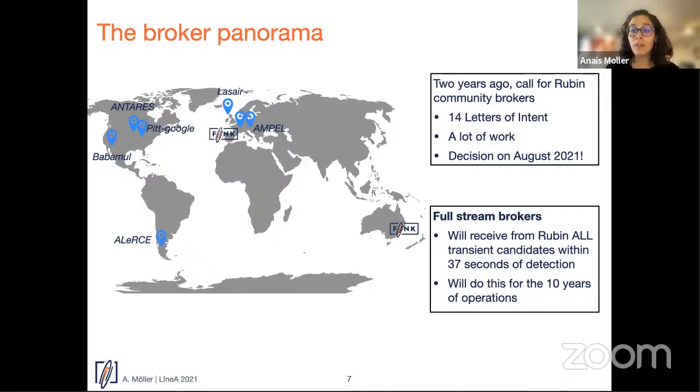And after a lot of work, there was a decision in August this year of selecting a handful of brokers to actually receive the full Rubin stream. So the idea is that these brokers will receive the whole 10 million transients per night produced by LSST. And this will happen over the 10 years of operations.